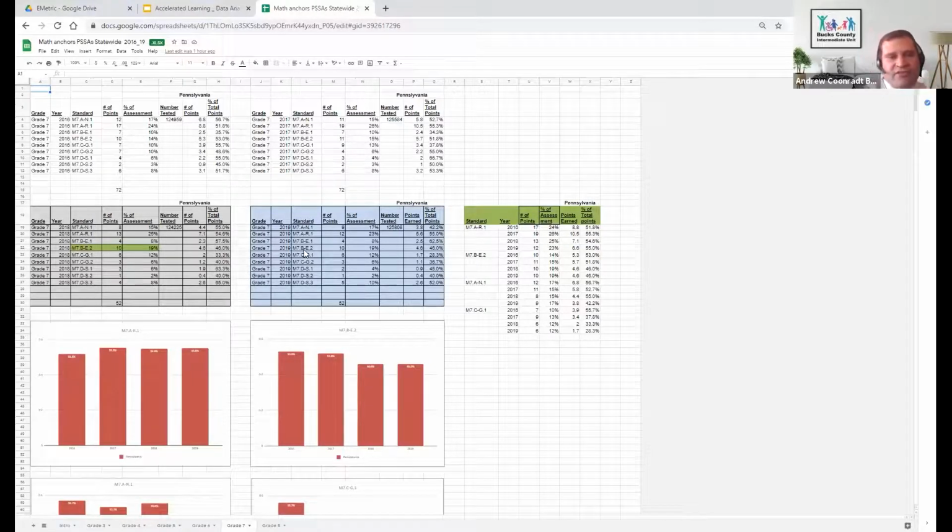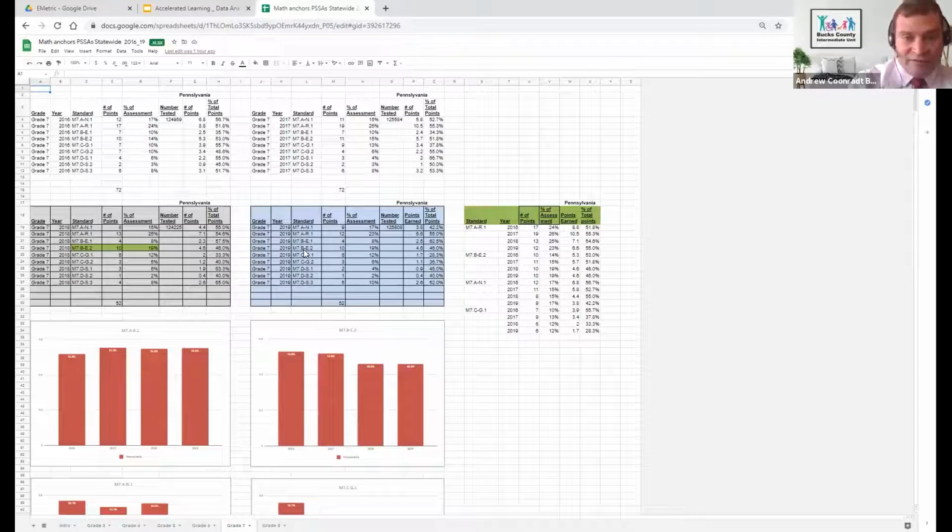This worksheet is also in the Google Drive, and you can feel free to download it and use it as much as you want, and switch in your own data from your own schools. What I did is I took this data from the state. So again, using the Atlas protocol,